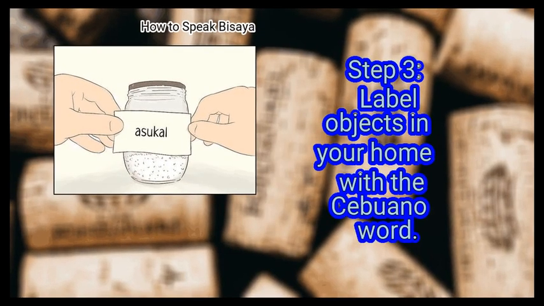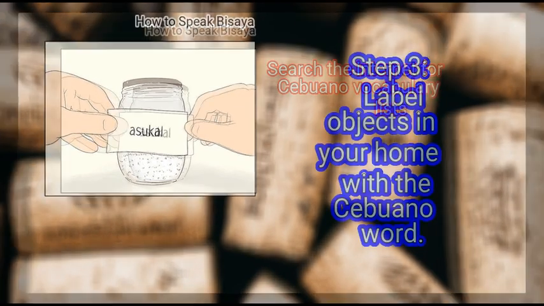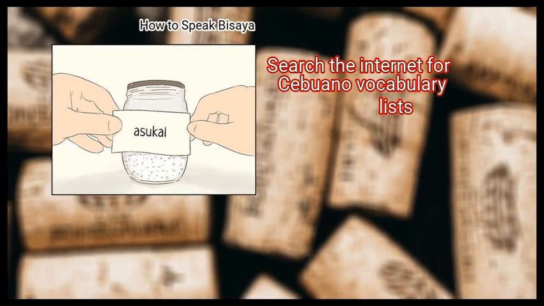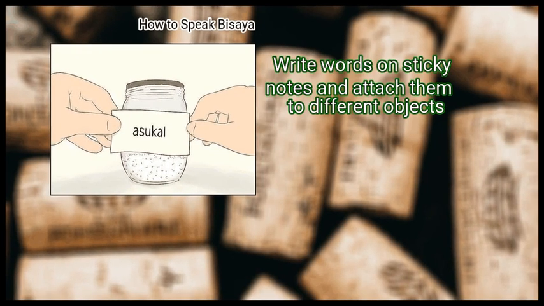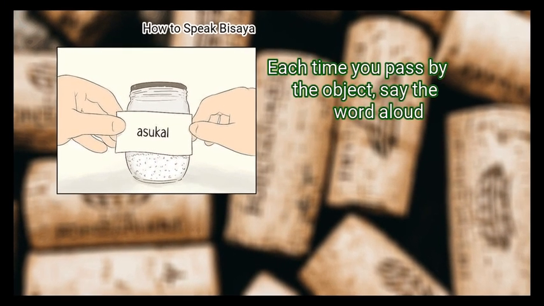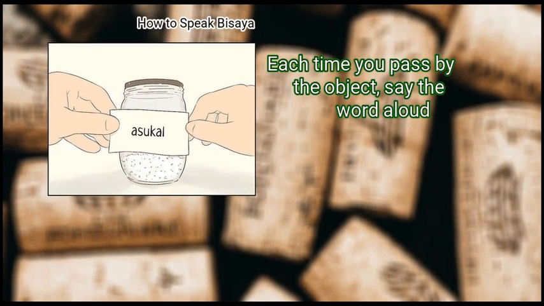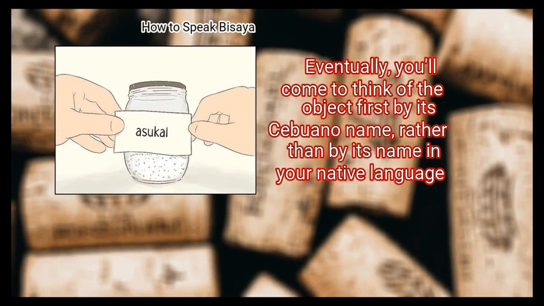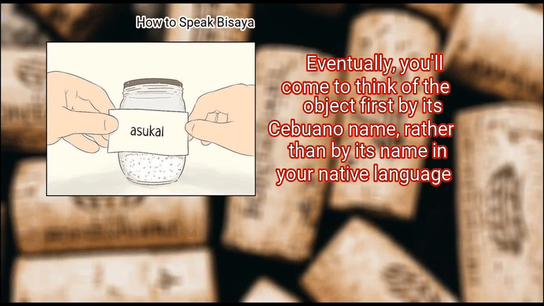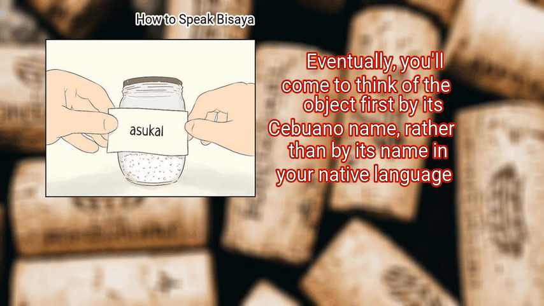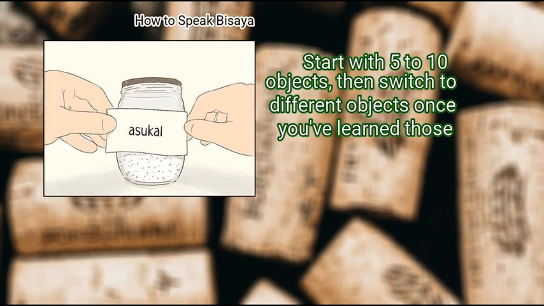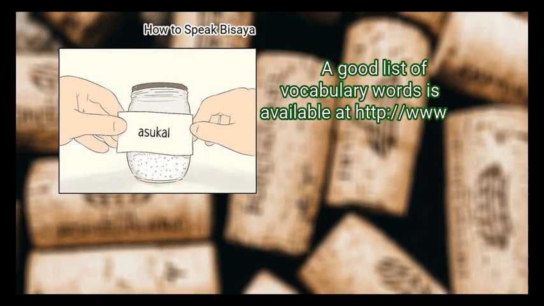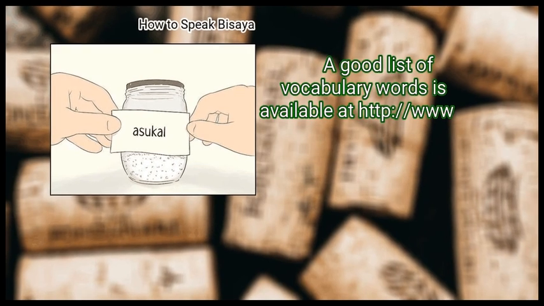Step 3. Label objects in your home with the Cebuano word. Search the internet for Cebuano vocabulary lists. Write words on sticky notes and attach them to different objects. Each time you pass by the object, say the word aloud. Eventually, you'll come to think of the object first by its Cebuano name, rather than by its name in your native language. Start with 5 to 10 objects, then switch to different objects once you've learned those. A good list of vocabulary words is available at